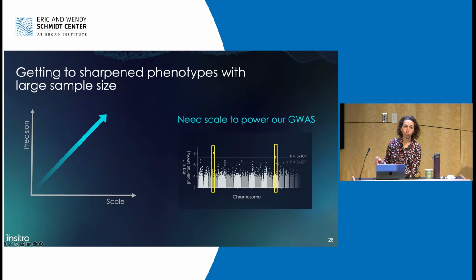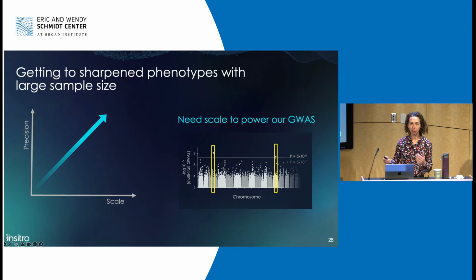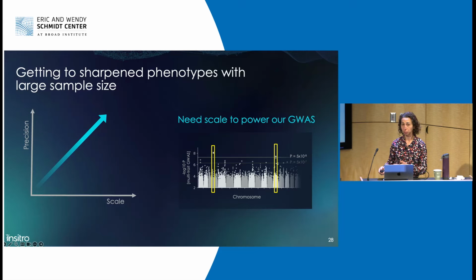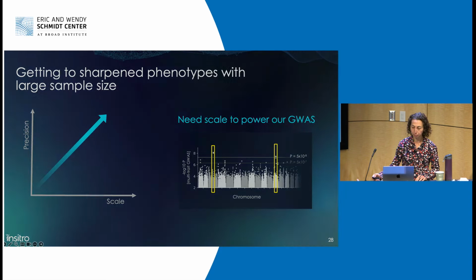Okay, well, beyond the precision of our phenotype, we also really care about its scale in order to be able to power our GWAS. And one challenge of using these image-derived phenotypes is that typically we only have relatively small or moderate sample sizes available of that imaging modality. And so we end up with this precise phenotype, but one that's underpowered for our association study. So, we may only uncover the targets with the strongest associations, and those have been analyzed many times over.